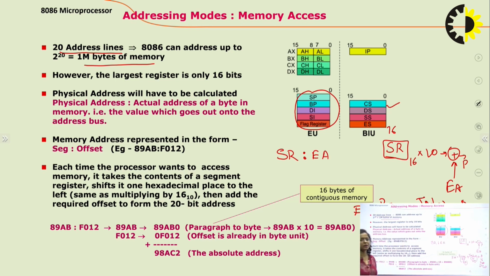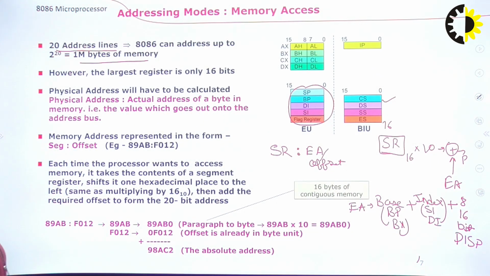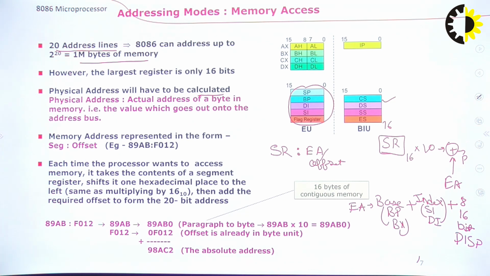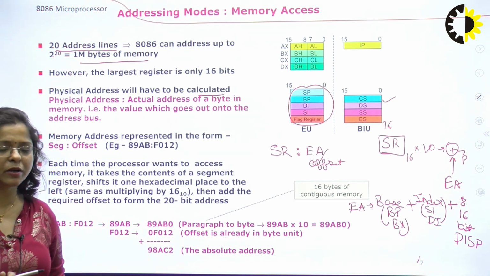The effective address is also called the offset in the case of memory addressing. So the physical address will have to be calculated using the segment register and the offset or effective address. Each time the processor wants to access memory, it has to take the content of the segment register,